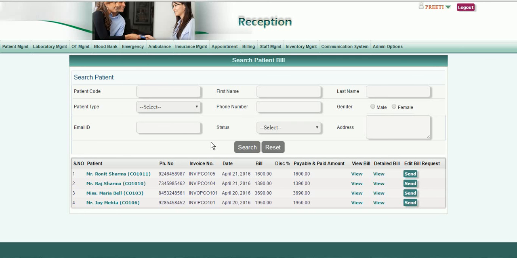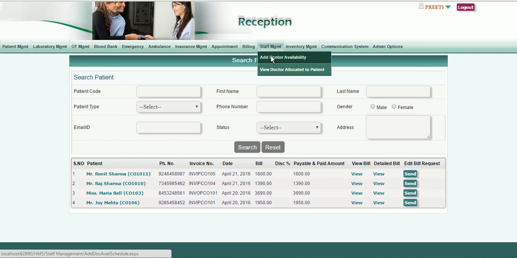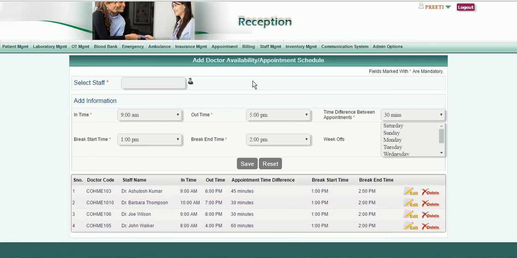are there to retrieve information fast. Doctors' available timings can be set from this page. We just need to select the doctor and then his/her in time, out time, time difference between appointments to see patients, break timings and week offs. After entering these options, the system will automatically display the doctor's available timing list, which will be really